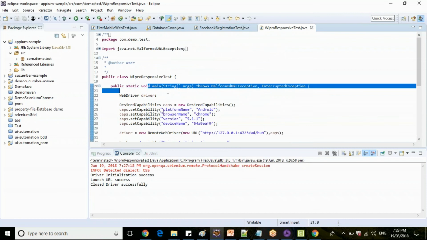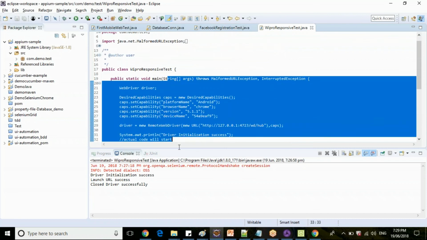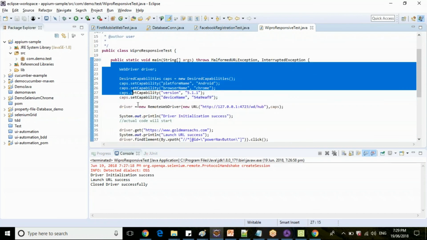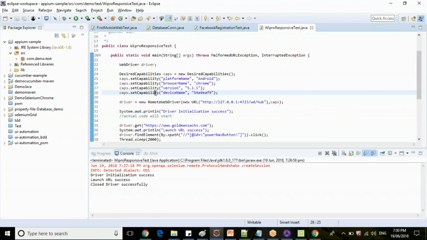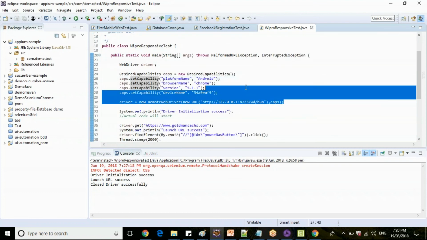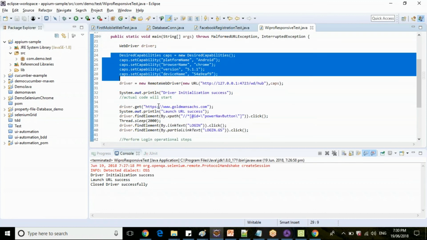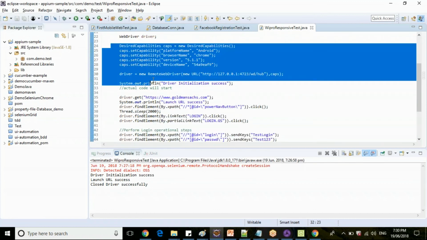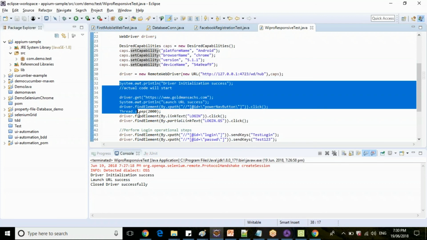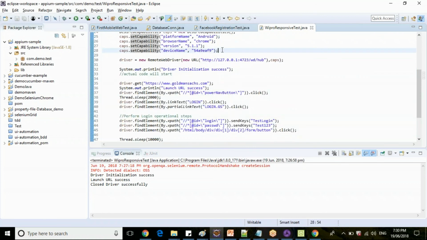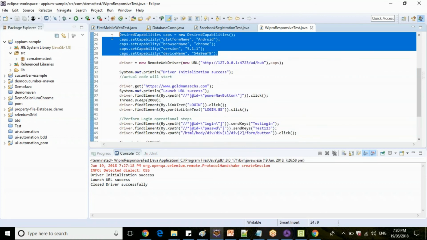So here I have used a simple Java class. So now you can use your TestNG, JUnit, whatever it is. Okay. So in before method or before class, you can write these desired capabilities before executing your test case. So it will set the capabilities and initialize your driver. Then your test case will be executed in the desired mobile, which you have set up for execution. So any queries, guys? Are you clear with setting up mobile web?